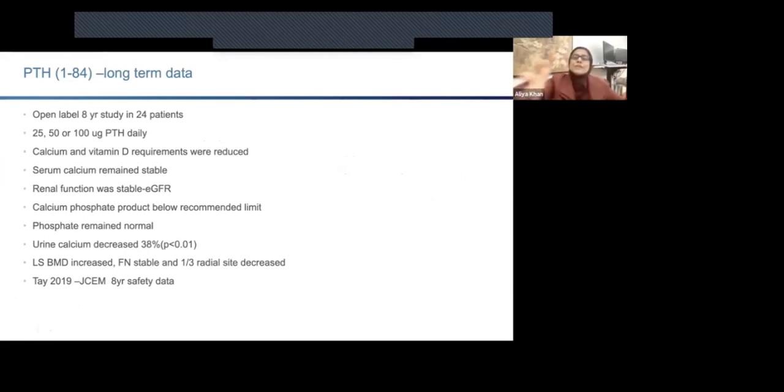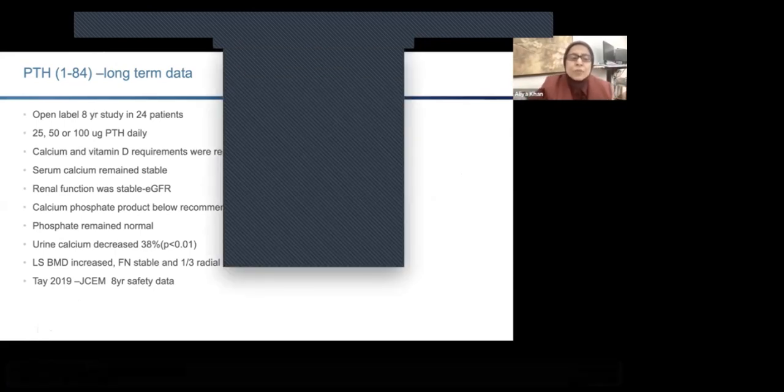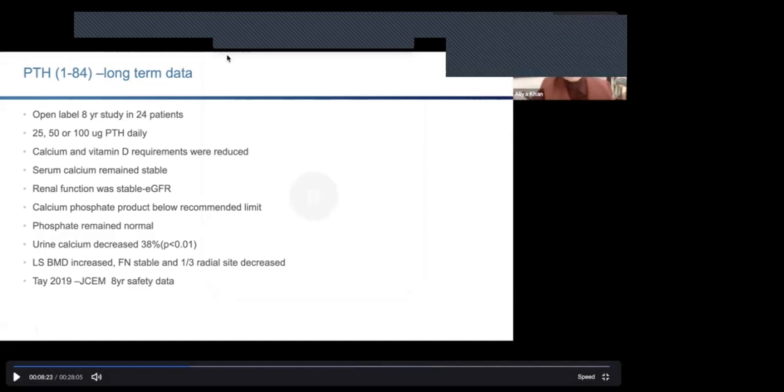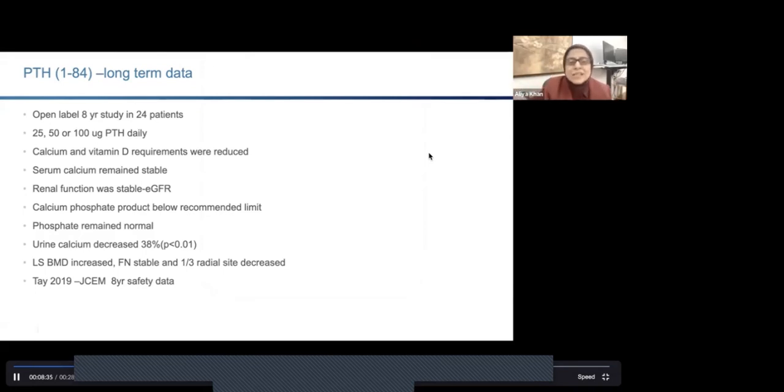What is the long-term data with the PTH 1 to 84? Well, this molecule has a longer half-life, and this has been studied, the long-term data that was published out to 8 years in 24 patients. We have safety data published in 2019, looking at various preparations, a 25, 50, 100 microgram dose. And calcium and vitamin D requirements were reduced, and serum calcium remained stable. And the urine calcium decreased by